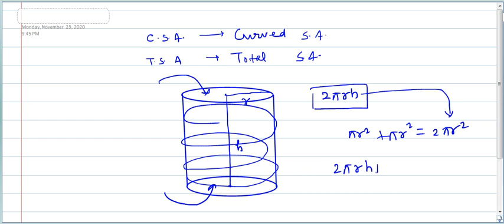If we add this and this, both these values, we will get total surface area. So we have 2 pi rh plus 2 pi r square. If you take 2 pi r as common, we have h plus r in the bracket, so the total surface area is 2 pi r into h plus r. Again I tell you, this formula is given on page number 180. It is 2 pi r into r plus h. So students, it is very important to remember the formulas. Okay, solve the remaining questions. Have a good day.